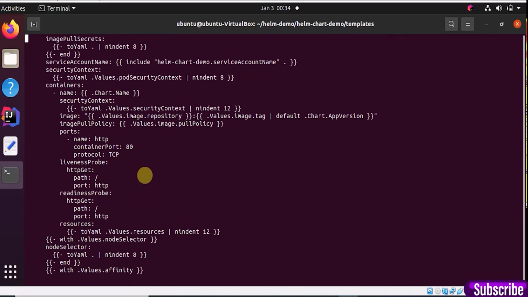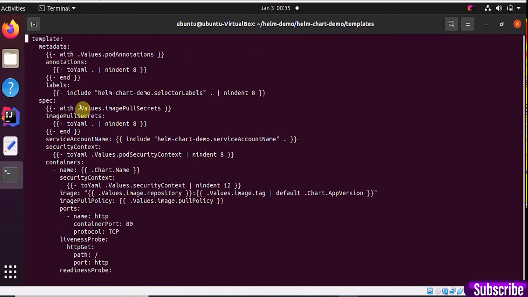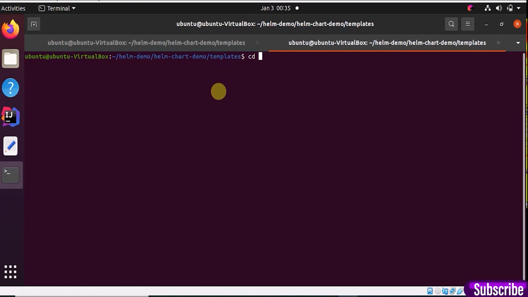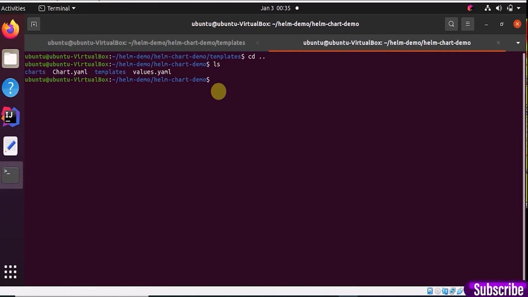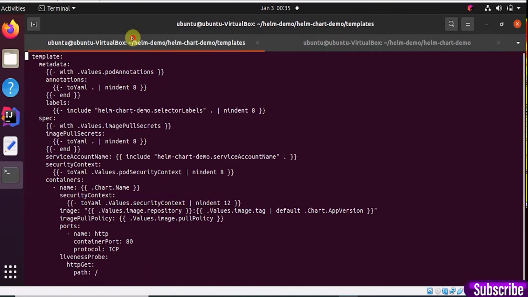Now here we can see it is reading values. There is no value hard coded. Everything will come from values.yml. If we duplicate it and go inside, inside values we can see the pull policy which is needed.